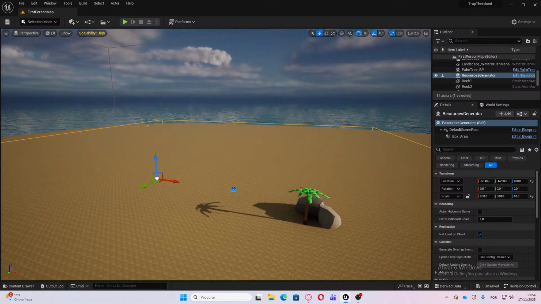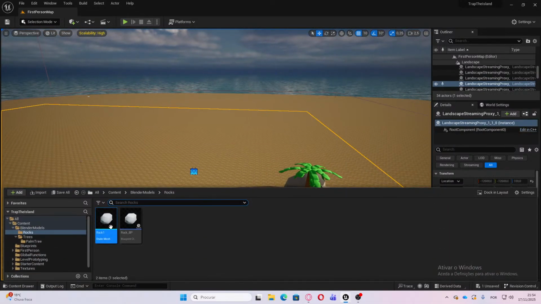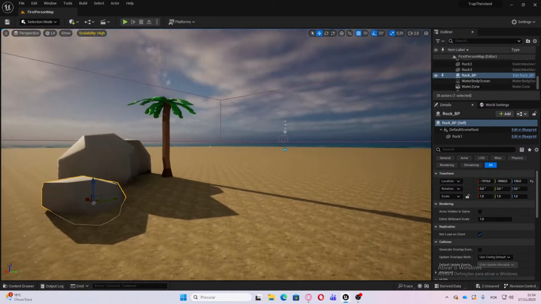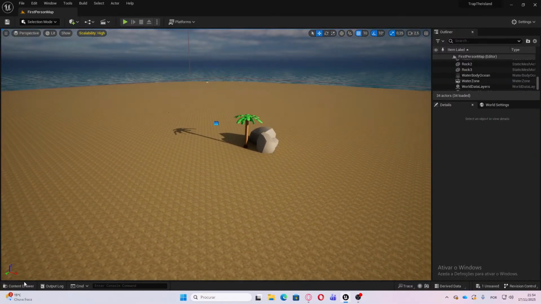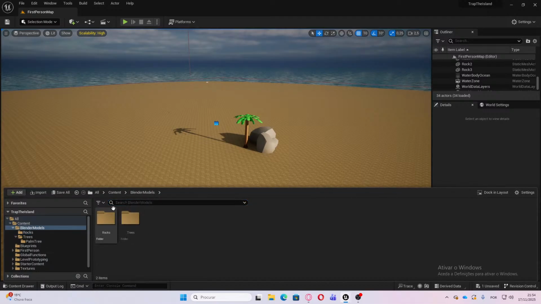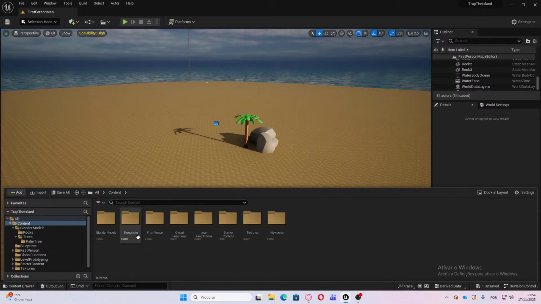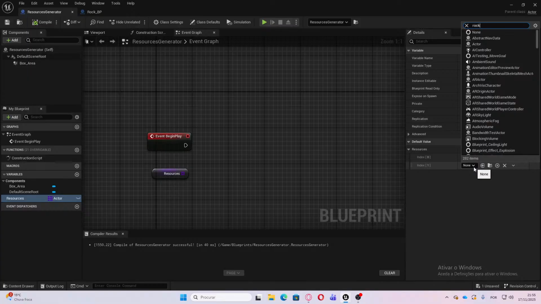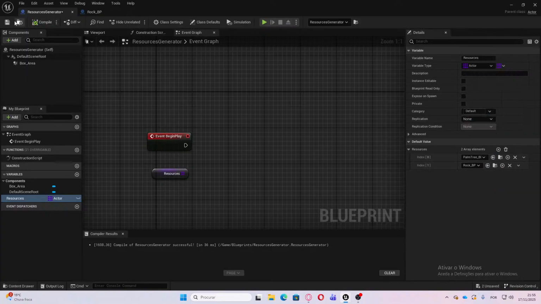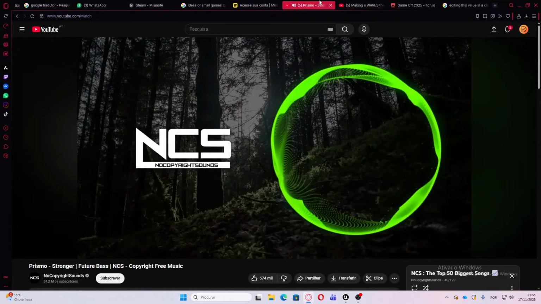And let's actually come here, and if we want to... Okay, so the rock size is actually good, so let's keep it as it is, and we have the rock BP now, so then we can add here in the blueprints resources generator, let's add here the rock BP. So now we can generate two types of items or resources, but we also need to fix here the